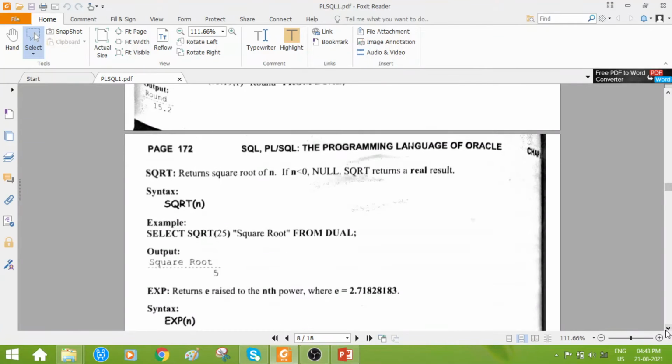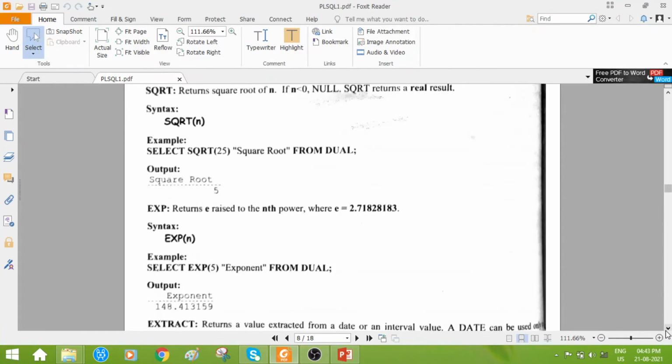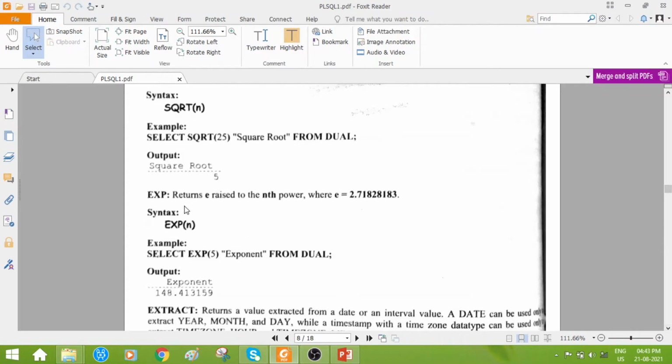Then next is exp, exponent. Returns e raised to the nth power where e is equal to 2.718281883. Observe here students, exp is a numeric function. By default, what is the formula of this? It is e raised to the nth power. E is the default value.